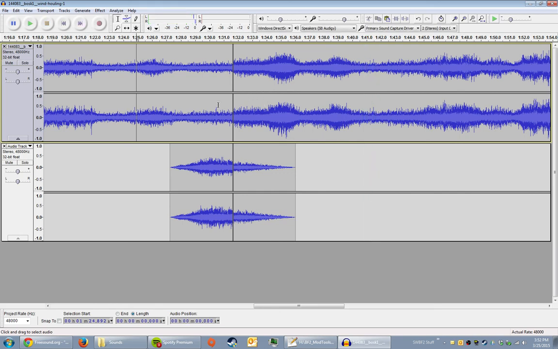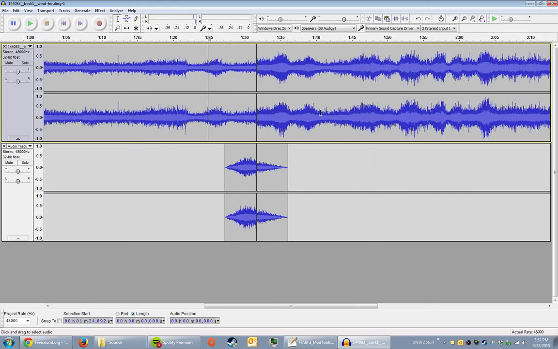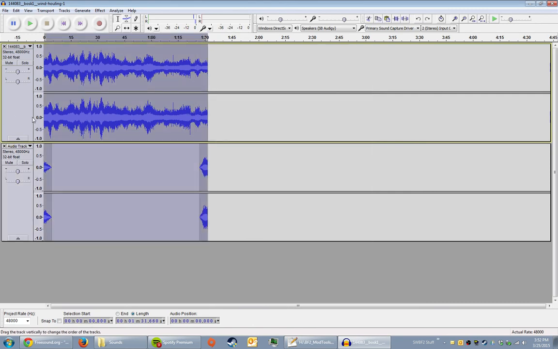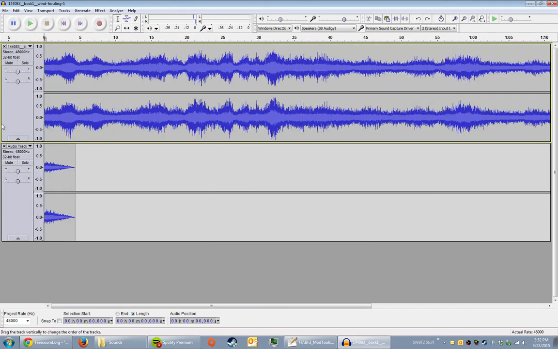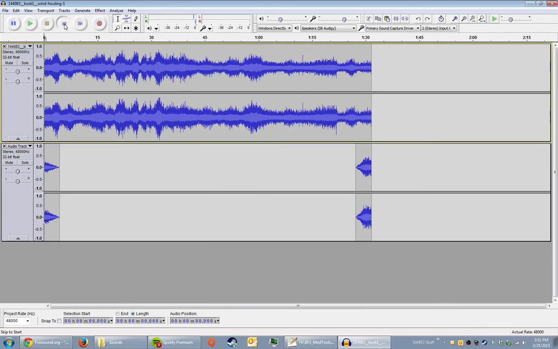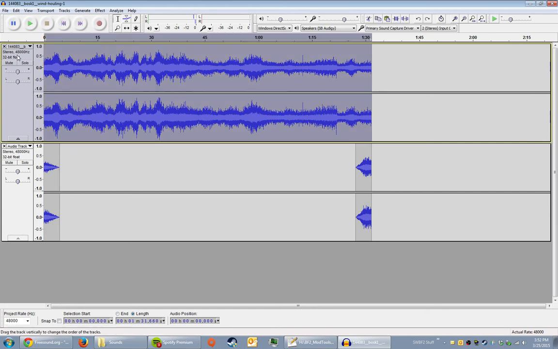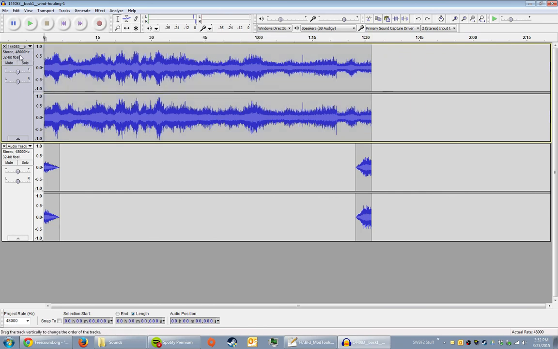Alright, that sounds wonderful. In my opinion, anyways. Yeah. And now the last step to mixing the wind part of the ambient stream is to select both tracks by holding Shift, and then